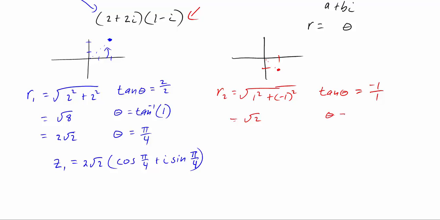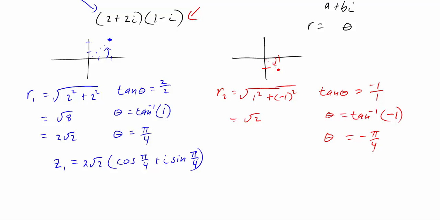So that means the inverse tangent, well, negative 1 over 1 would just be a negative 1. So if we're looking for the angle, where do we have our y divided by x? Where does that equal negative 1? Well, if we're in the fourth quadrant, then we're looking for this angle, and the only place that your x and y values are the same, that would be located at a negative